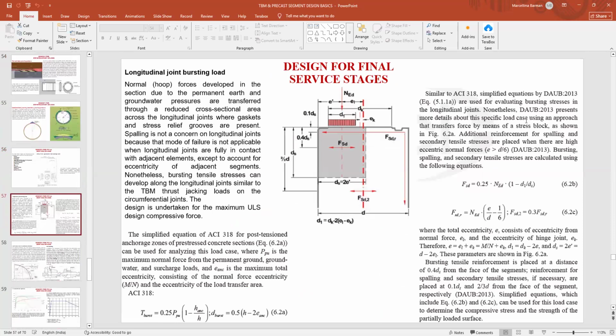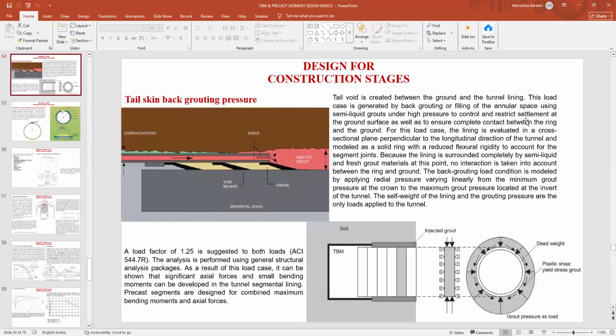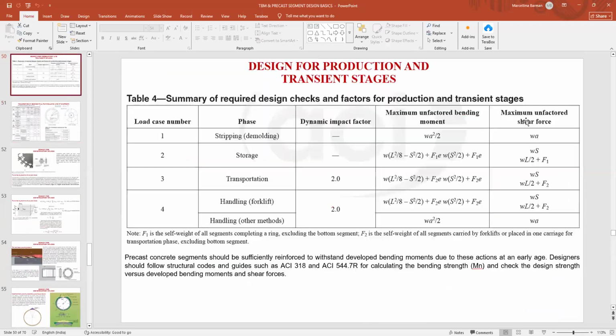Longitudinal joint bursting loads means at the joints, when the TBM is putting the thrust here, there might be chances of bursting of the edges, or due to the tensile stresses there can be some bursting stresses developed. So you need to check also whether the reinforcement you have provided is able to take the TBM thrust load. So this is called the TBM bursting load. And